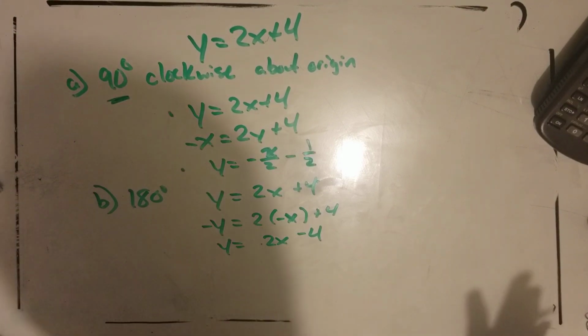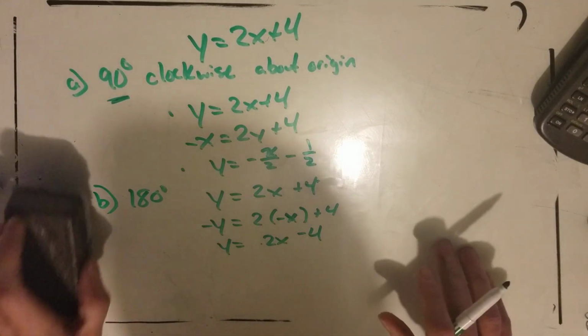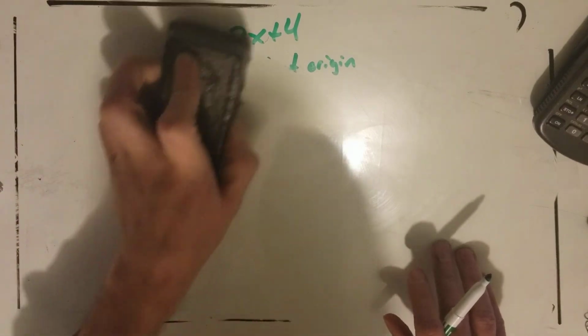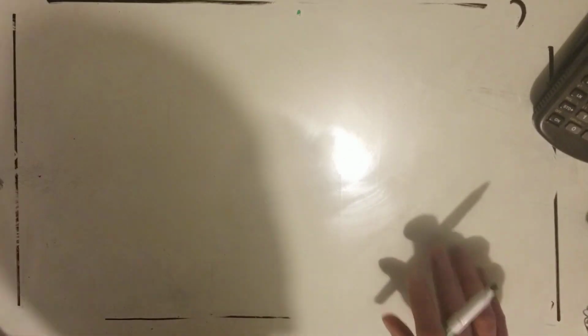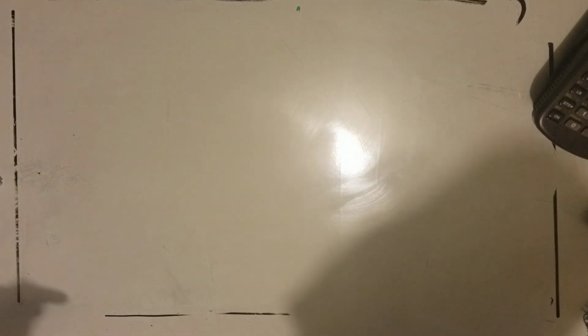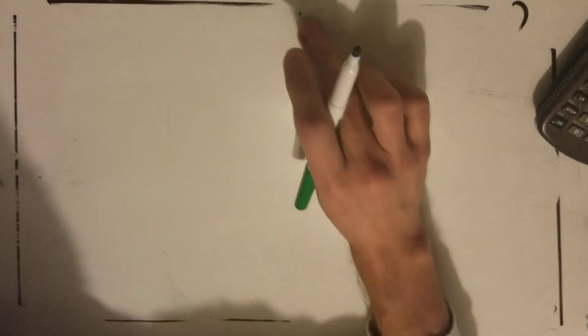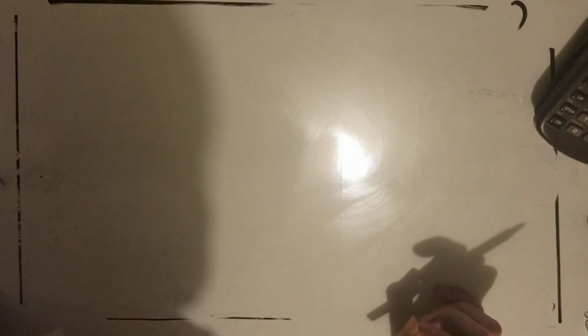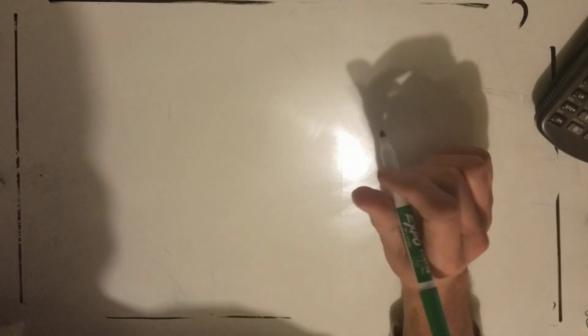Okay, that's how you can rotate a line about the origin, just using the same rules but applying them to the equation. We'll do two more together to see how you can do increments that are not 90 degrees. And we're going to go about the origin though. So slide 13, it says